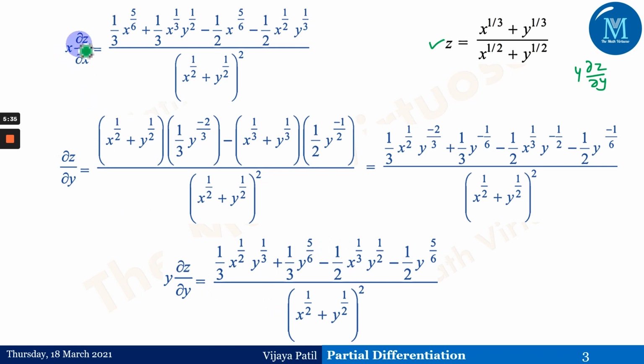Now we have got this x ∂z/∂x and y into ∂z/∂y. Then we have to just add them up, and check whether it comes out to be minus 1 by 6 times z or not. That is what we have seen in the last step. My suggestion for you all is, this is a very simple function, x to the power minus 1 by 2, y to the power minus 1 by 2 and so on. So if you observe, it is a very simple function. Just try to get these answers on your own. Pause the video, try to get the answers, and that will build up your confidence in solving partial differentiation.